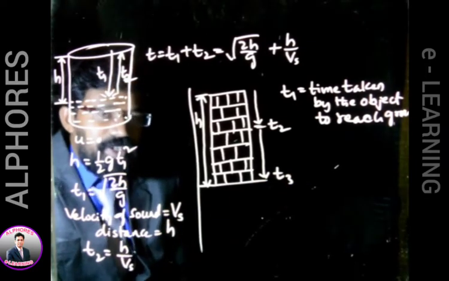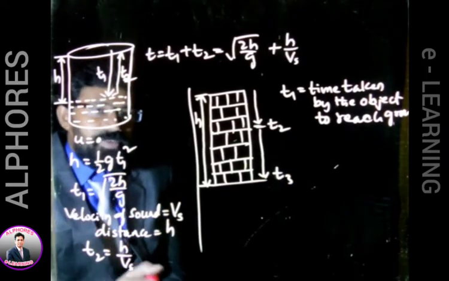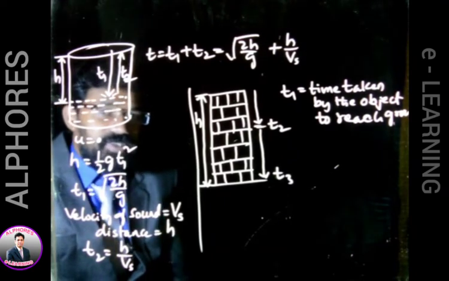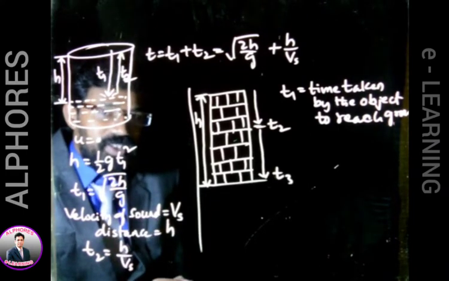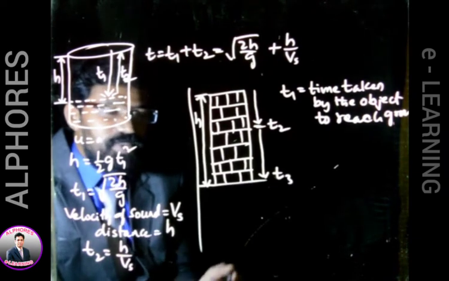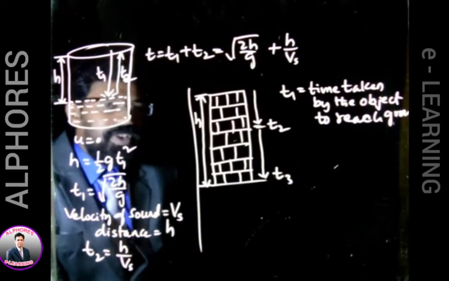Questions may be like this. A body is projected from the top of a multi-story building. It can reach the ground in a time equal to t1 seconds. After a time equal to t2 seconds, the body is stopped and again it is dropped. Now, after how much time does it reach the surface? He is referring to this T3. We have to find out this T3.